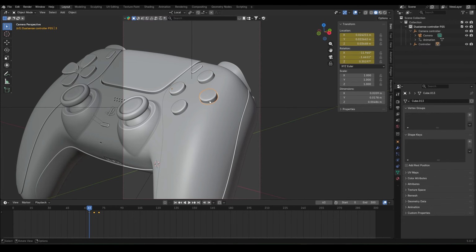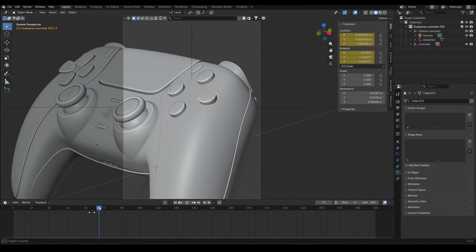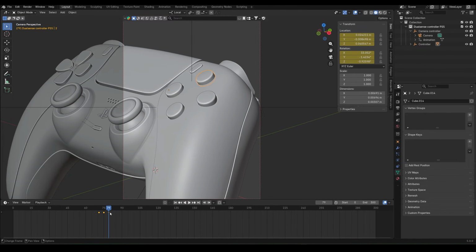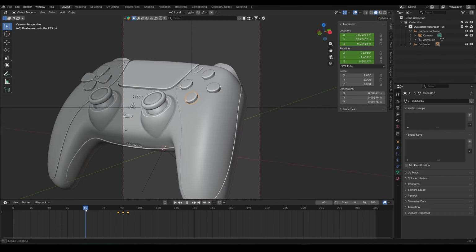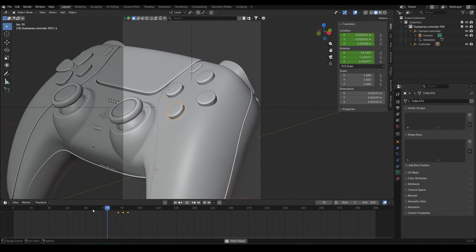So I will first go to this one. So when it stops I will select other button and move starting keyframe to this position. So I will press G and move it, and now select next button and move it forward. Again go to last keyframe, select another one and move keyframes. So what we have done, we did this 4 button animation. So if I play that,